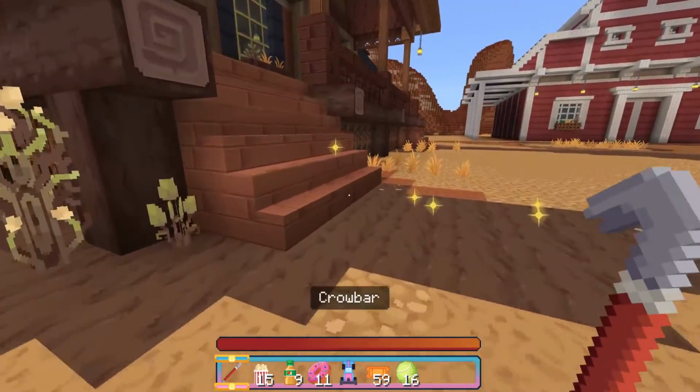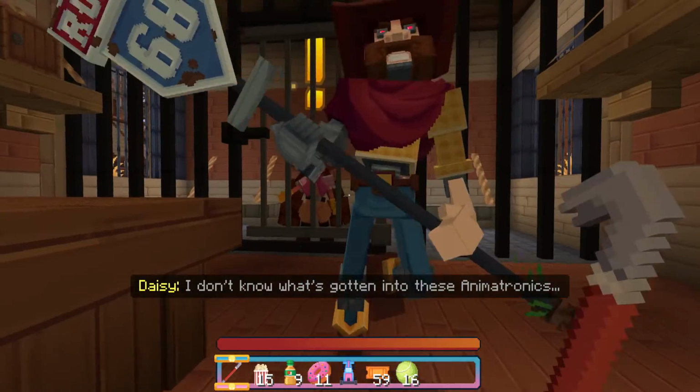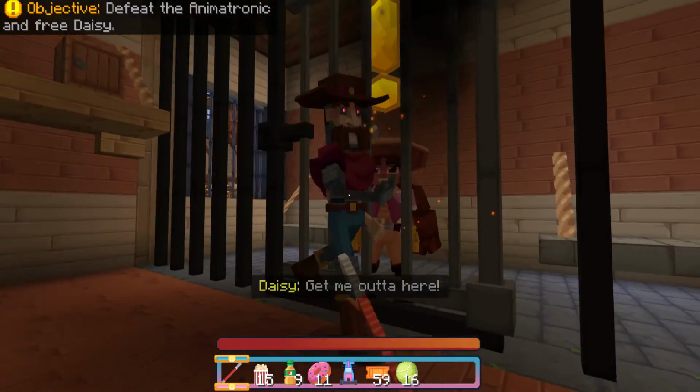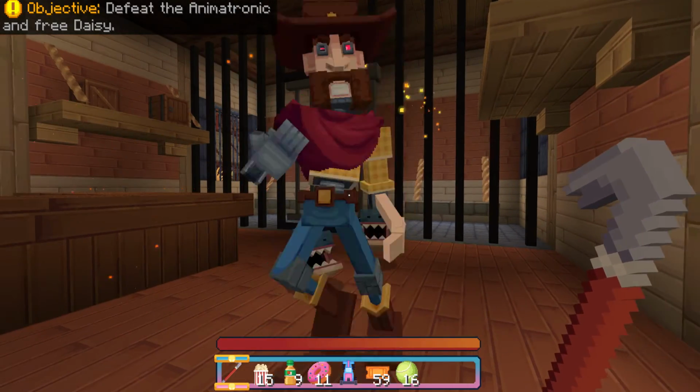So we have our crowbar right here. You don't actually need the crowbar. You can actually just hit the animatronic with your fist and it still works. Basically, you just have to take down the animatronic. Now, I will say this in the next episode. Oh, it appears the sharks are actually very useful against these. So if you